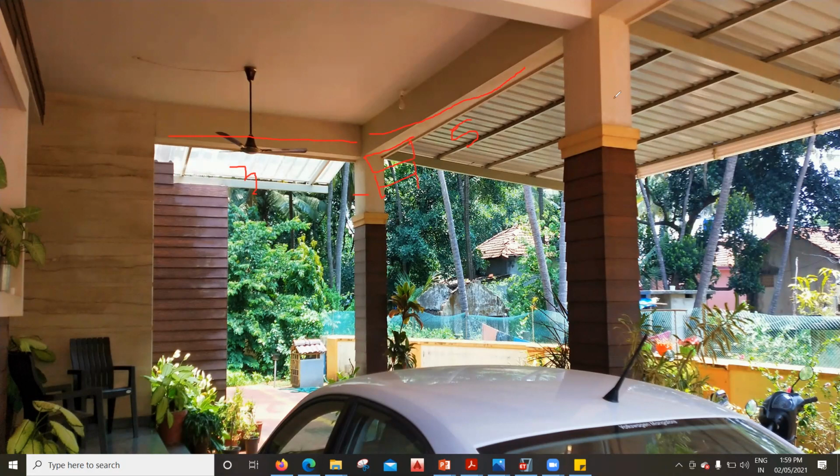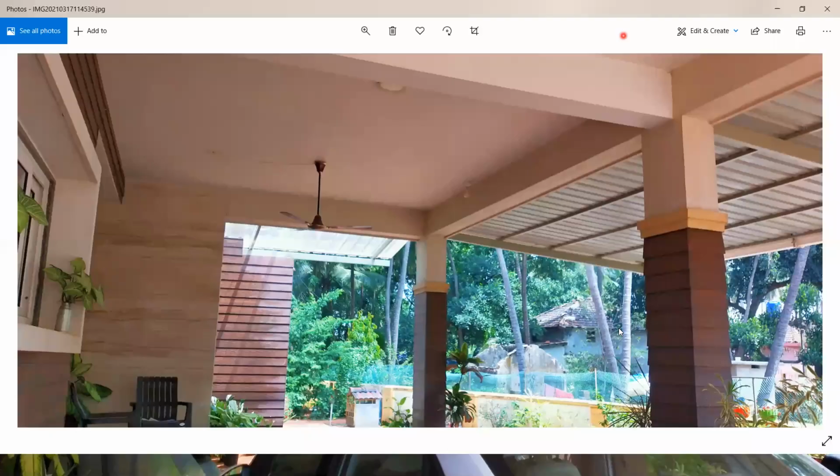But now comes the interesting part. Look at this particular column now. This column is supported by this beam and also it is supported by this beam. Give me a minute, this drawing is not visible. I'll show you one more drawing. I'll pause here for a while. Yeah, so if you see it here,